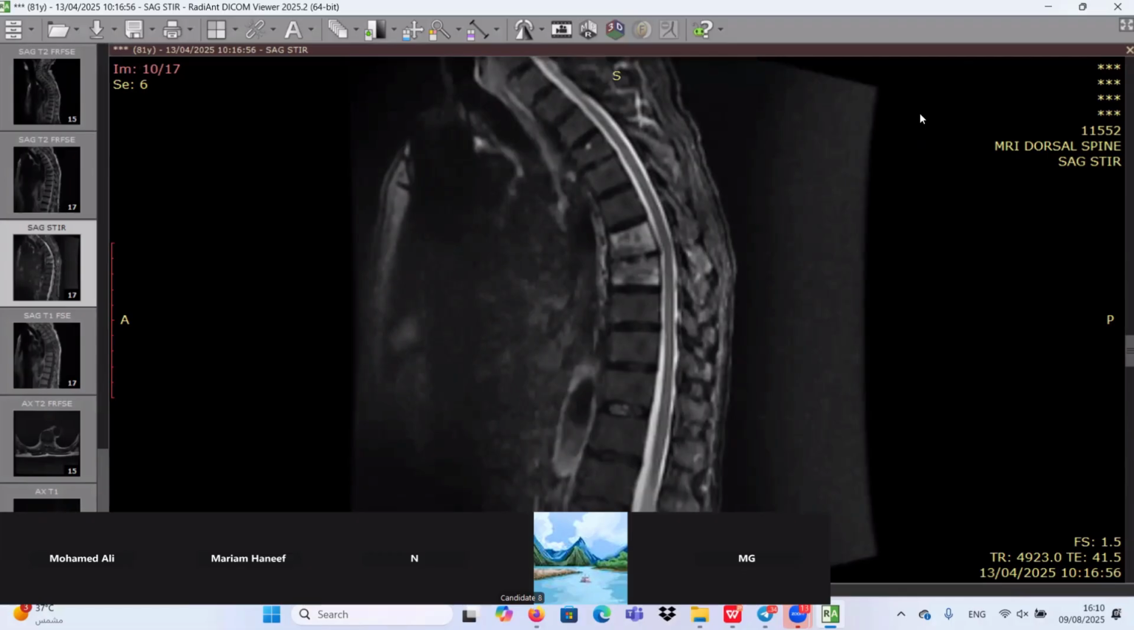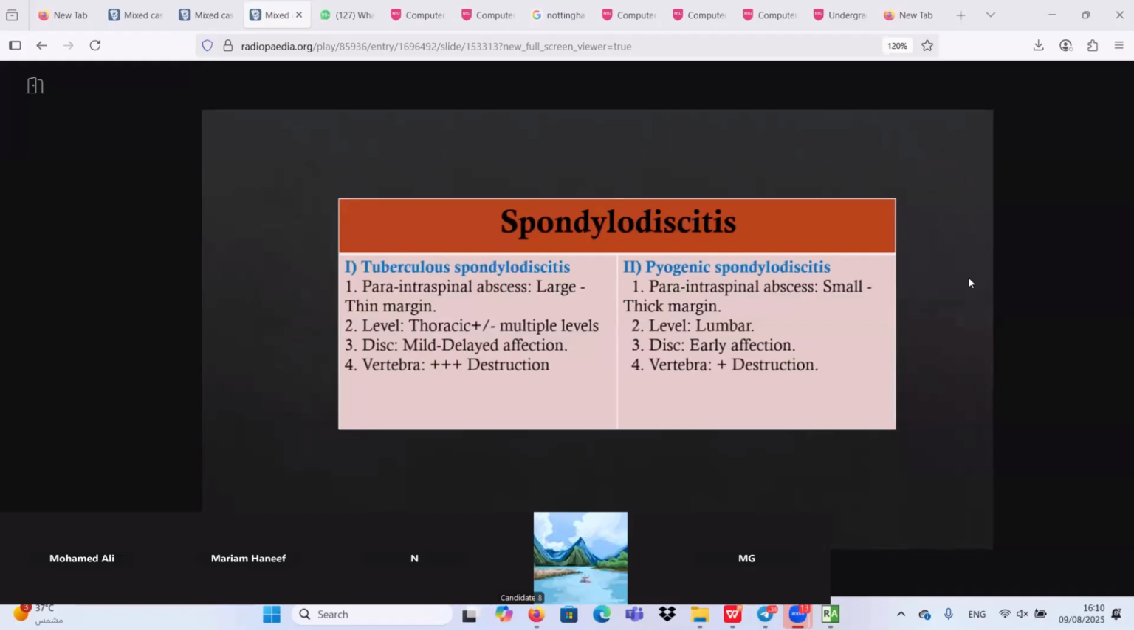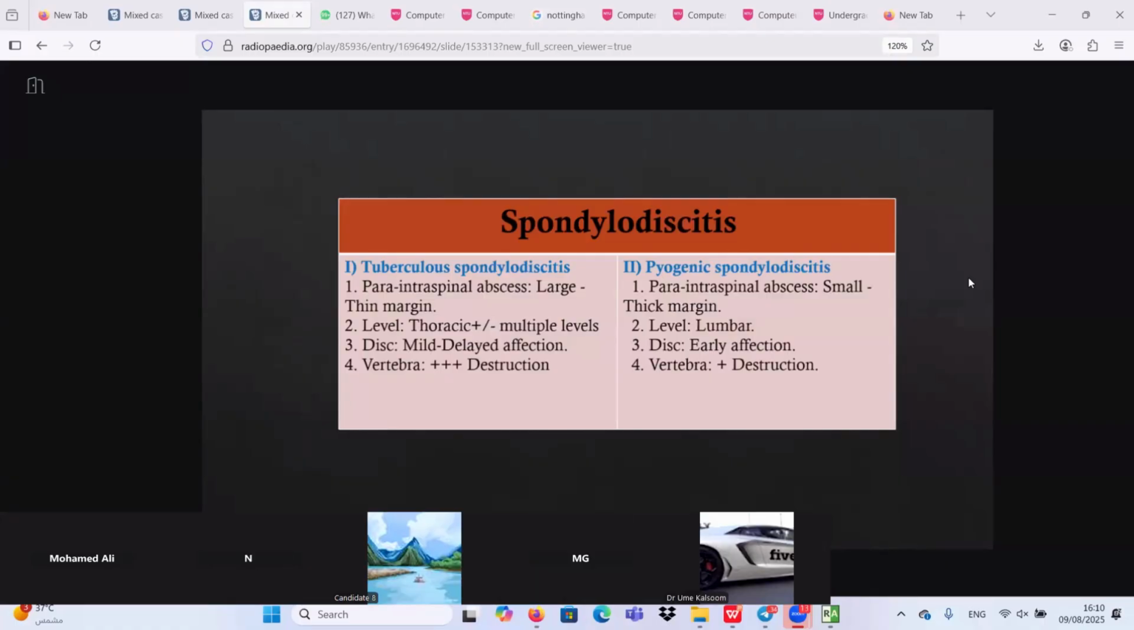spondylodiscitis. I would like to share with you very important points about spondylodiscitis. The most important two types are either tuberculous or pyogenic spondylodiscitis. In tuberculous spondylodiscitis, the para- and intraspinal abscesses are large and with thin margin, while in pyogenic spondylodiscitis, the paraspinal abscess is small with thick margin. The level is important. Pyogenic is more common in the lumbar, while tuberculous is more common in the thoracic. And also, it's very important in tuberculous spondylodiscitis to see multiple levels with subligamentous spread of the abscess and taking